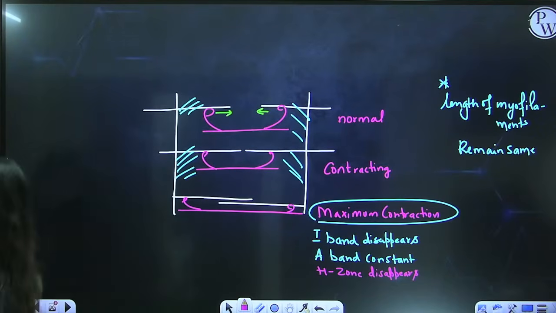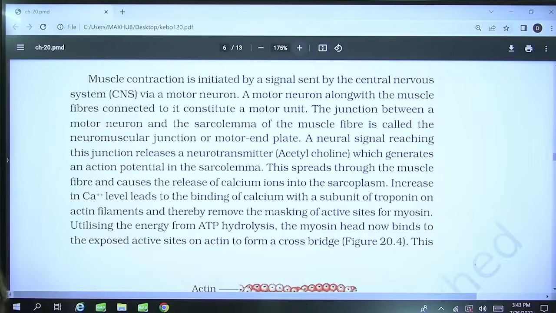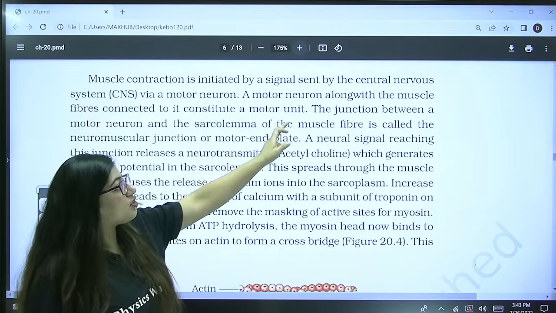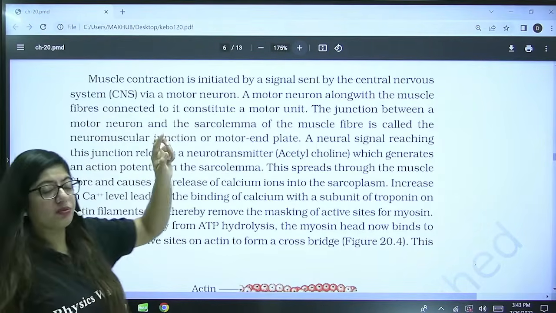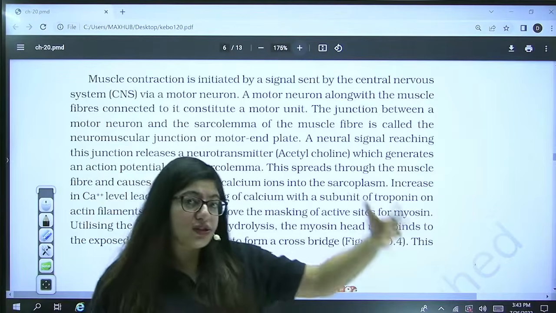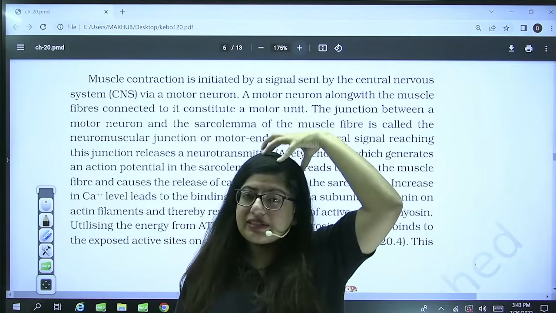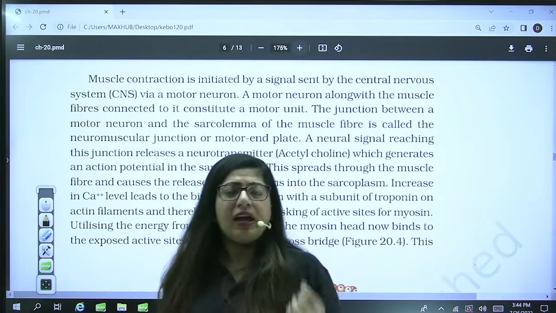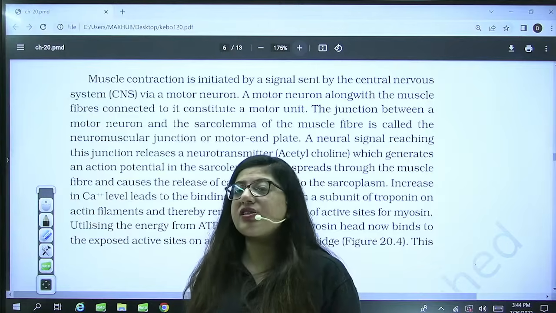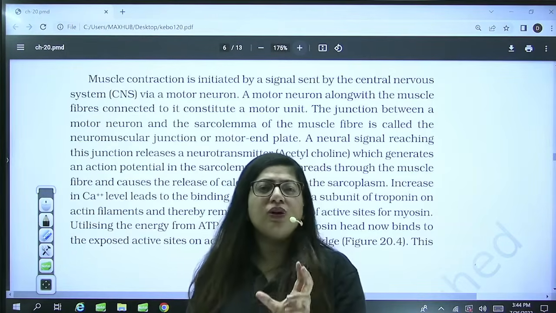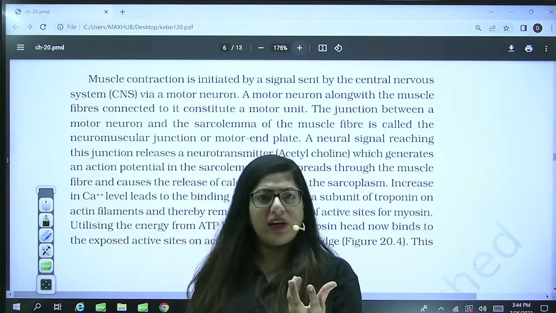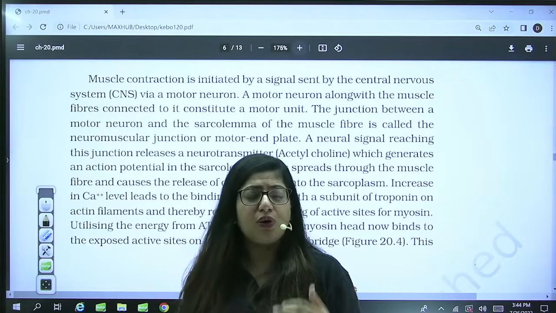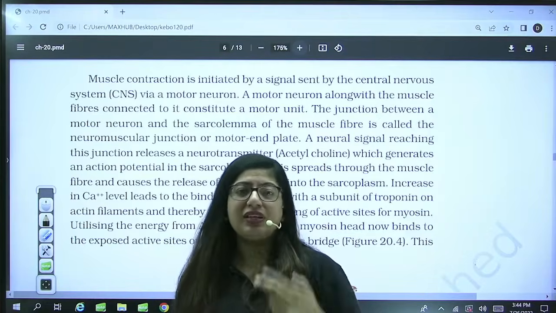Okay, all right. Let's talk about NCERT. So muscle contraction is initiated by a signal sent by the central nervous system via motor neuron. As I also told you, the signal is sent towards the muscle through the central nervous system, especially the brain. And what neurons are bringing signal towards the muscles? Motor ones. Motor is the one that is related with some movement. So what is moving here? The muscle. So always motor neurons innervate your muscle, especially skeletal muscles.